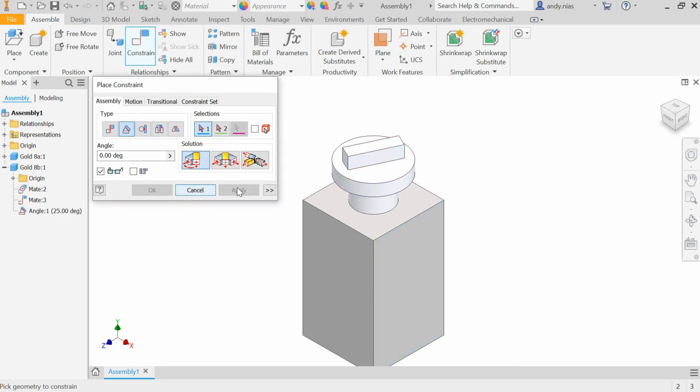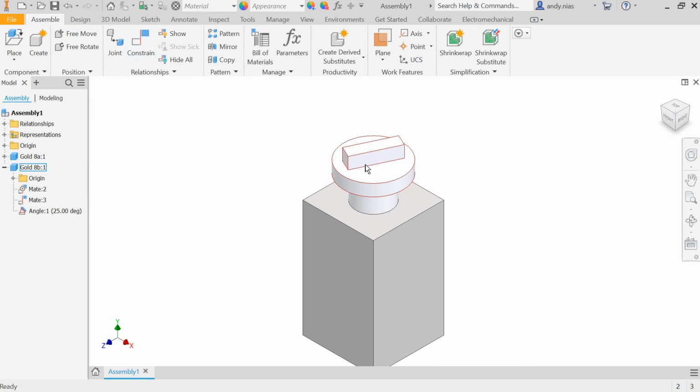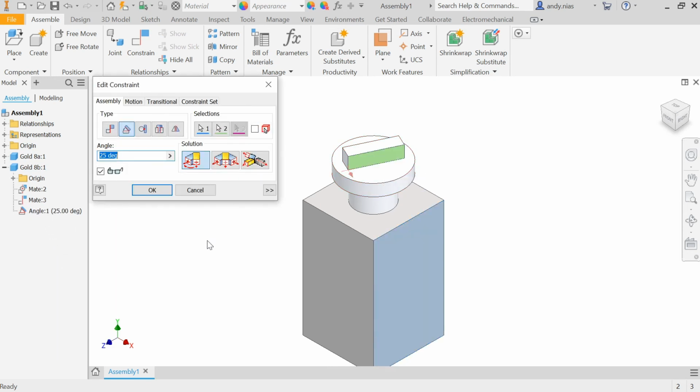Now in this instance, there's a flat face on the part, and I've used that to drive the angle. If we didn't have a flat face, if it was cylindrical, maybe there were some buttons or something on top, we wouldn't be able to do it quite that way. So I'm just going back in to edit my constraint. Here, if I got rid of that first one, I want to hit something here. Obviously I can't select the curved surface, so what I'm going to do instead is pick up